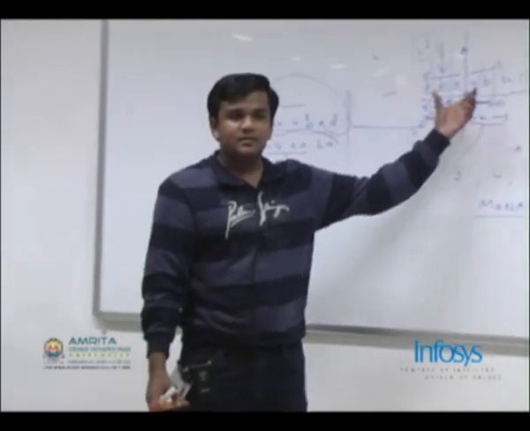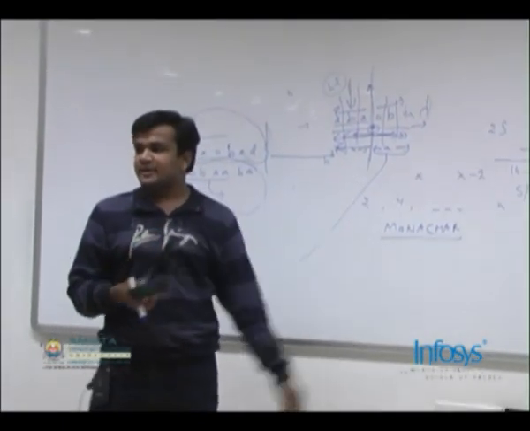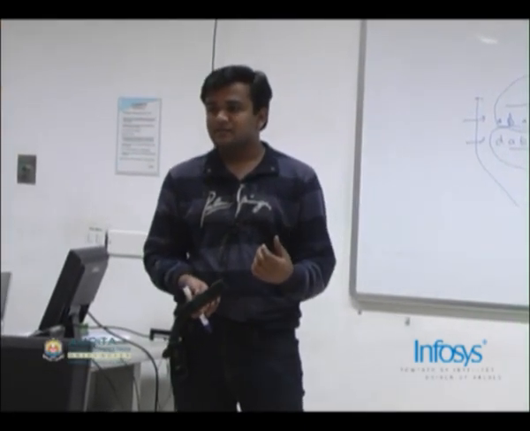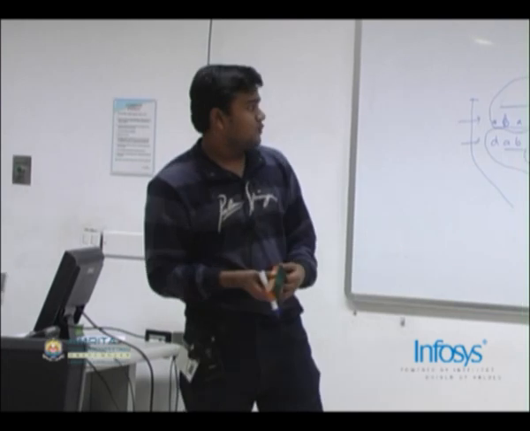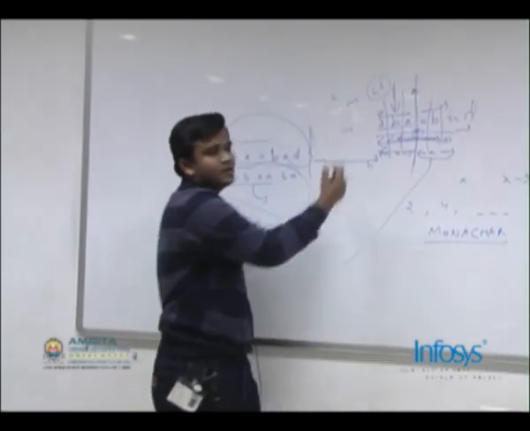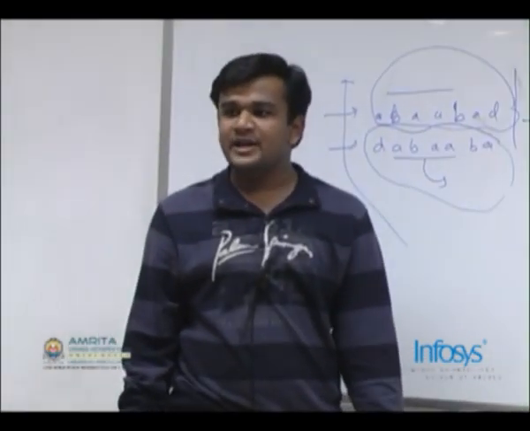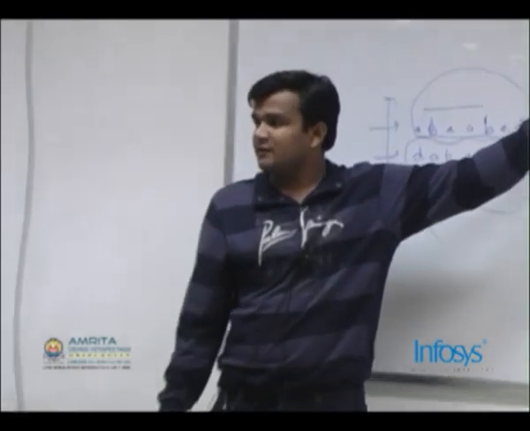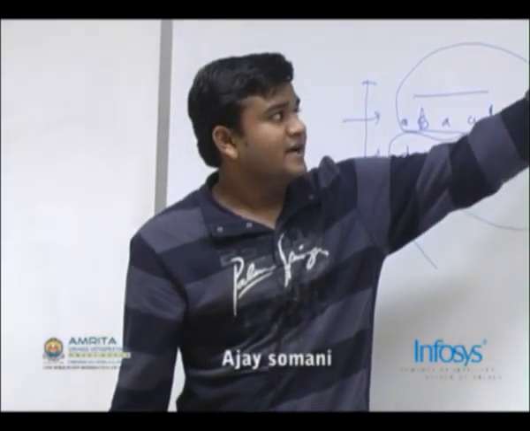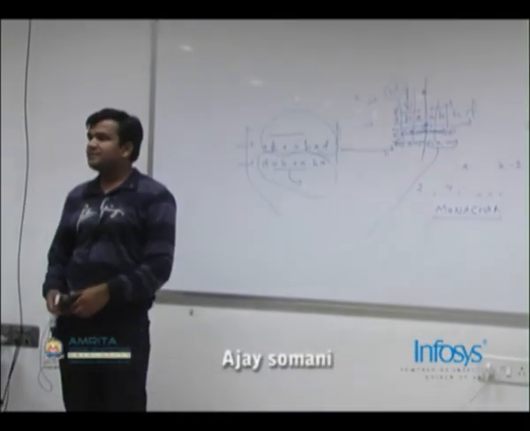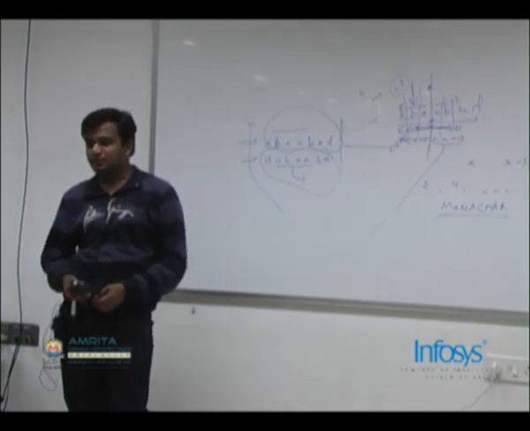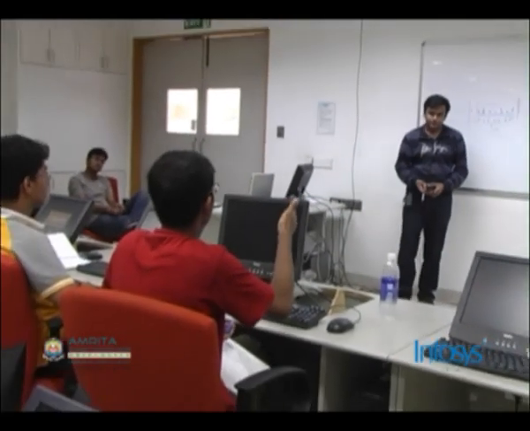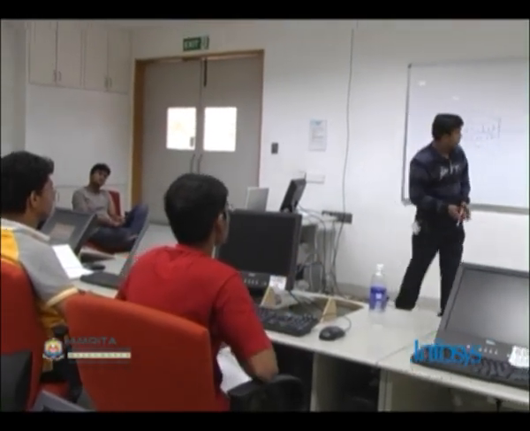If instead of asking maximal length palindrome, I asked you how many palindromes are there as substrings in this string. So you have got n square substrings. You want to find out how many of these are palindromes, right? I want to find out the number of substrings which are palindromes instead of finding the maximum length palindrome. At each index, find the maximum length, and then n minus 2, n minus 4, n minus 6. All those palindromes together. Okay.